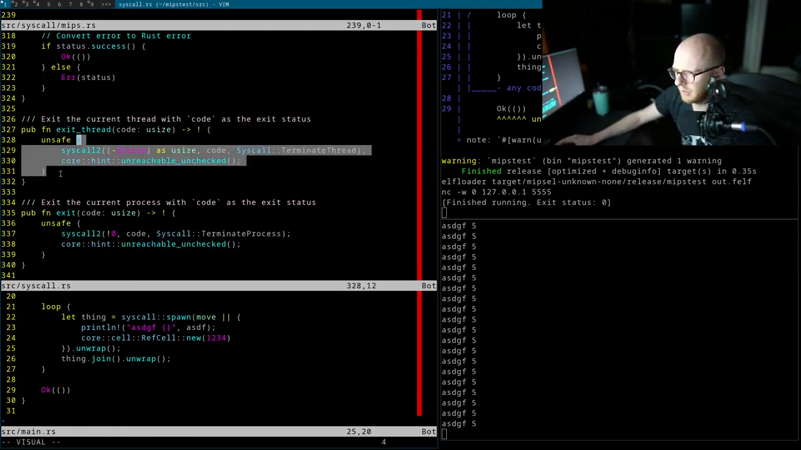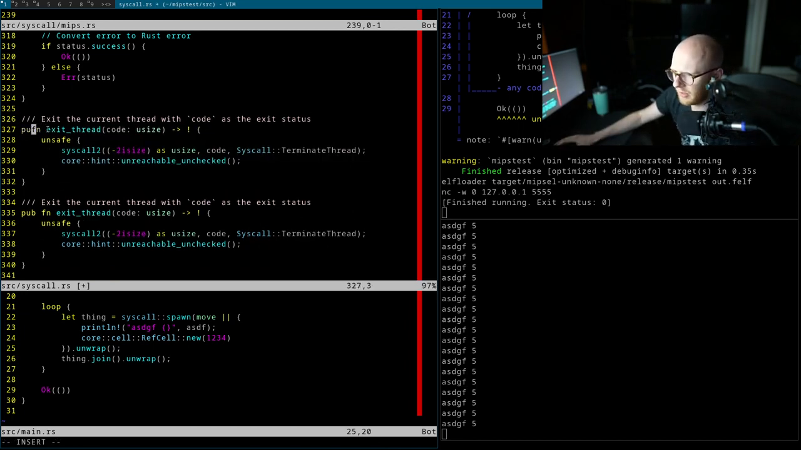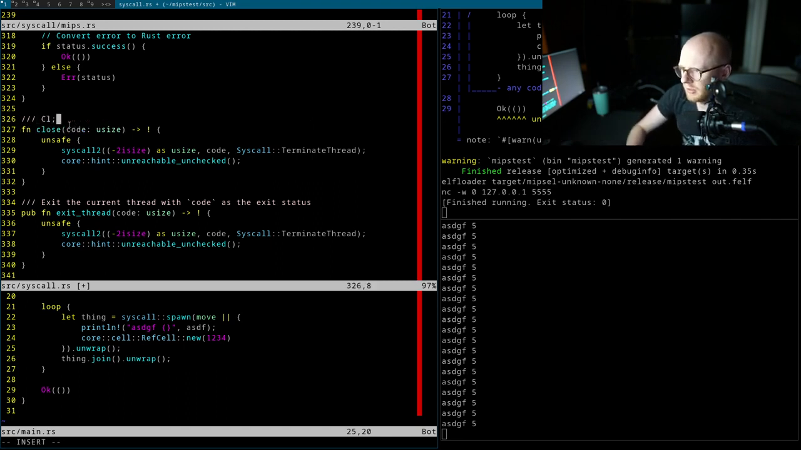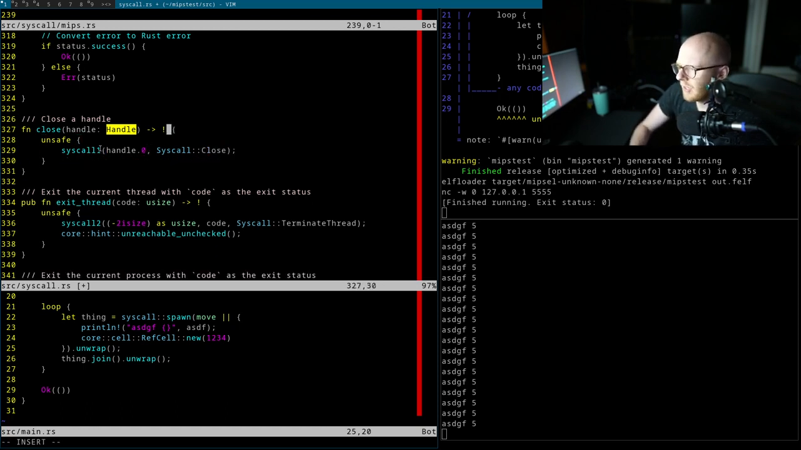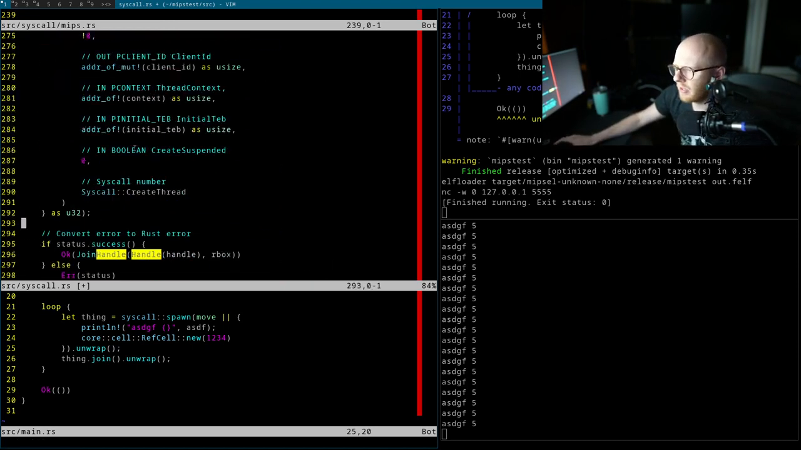Let's just quickly do this. We'll say fn close, close a handle. This is just called 1, then we have the handle.0, and then this is close. And we technically want to return the status, but I just want to make sure that this works before we do anything. So in the drop handler,